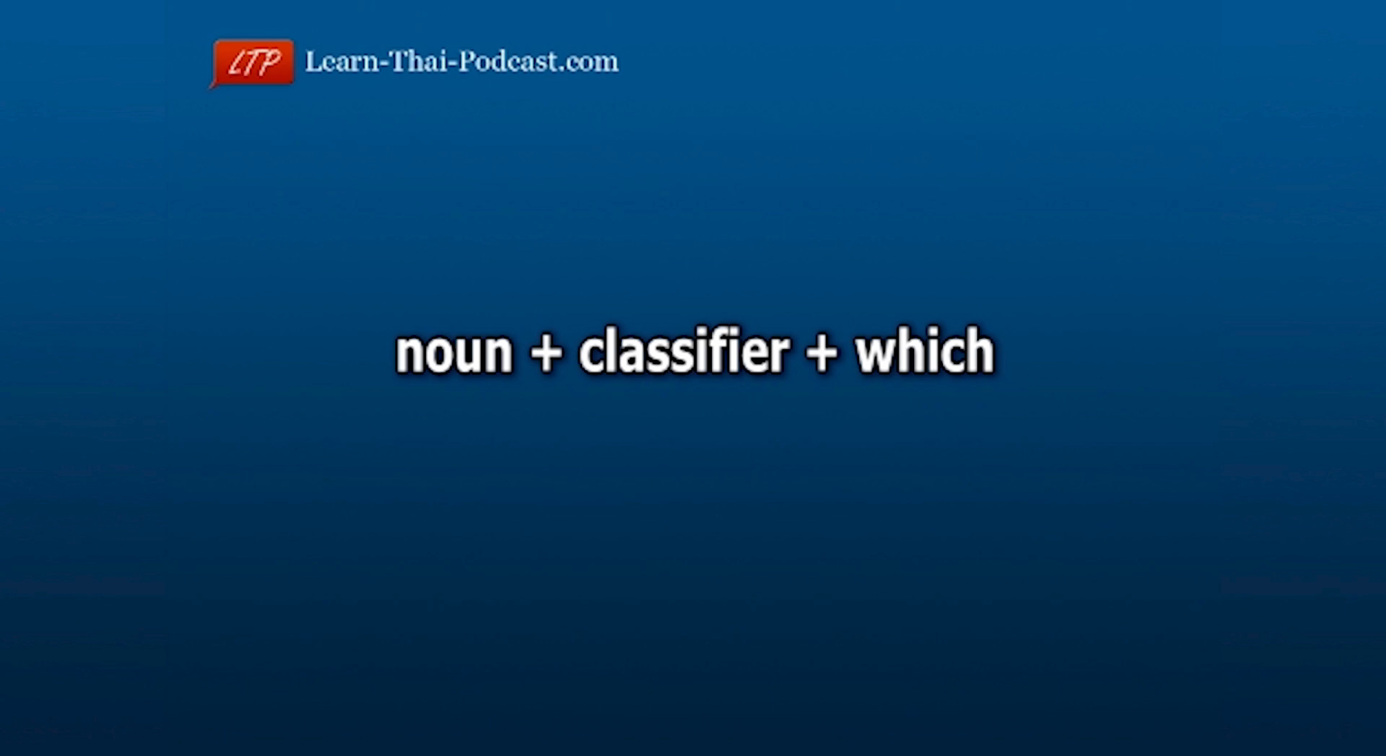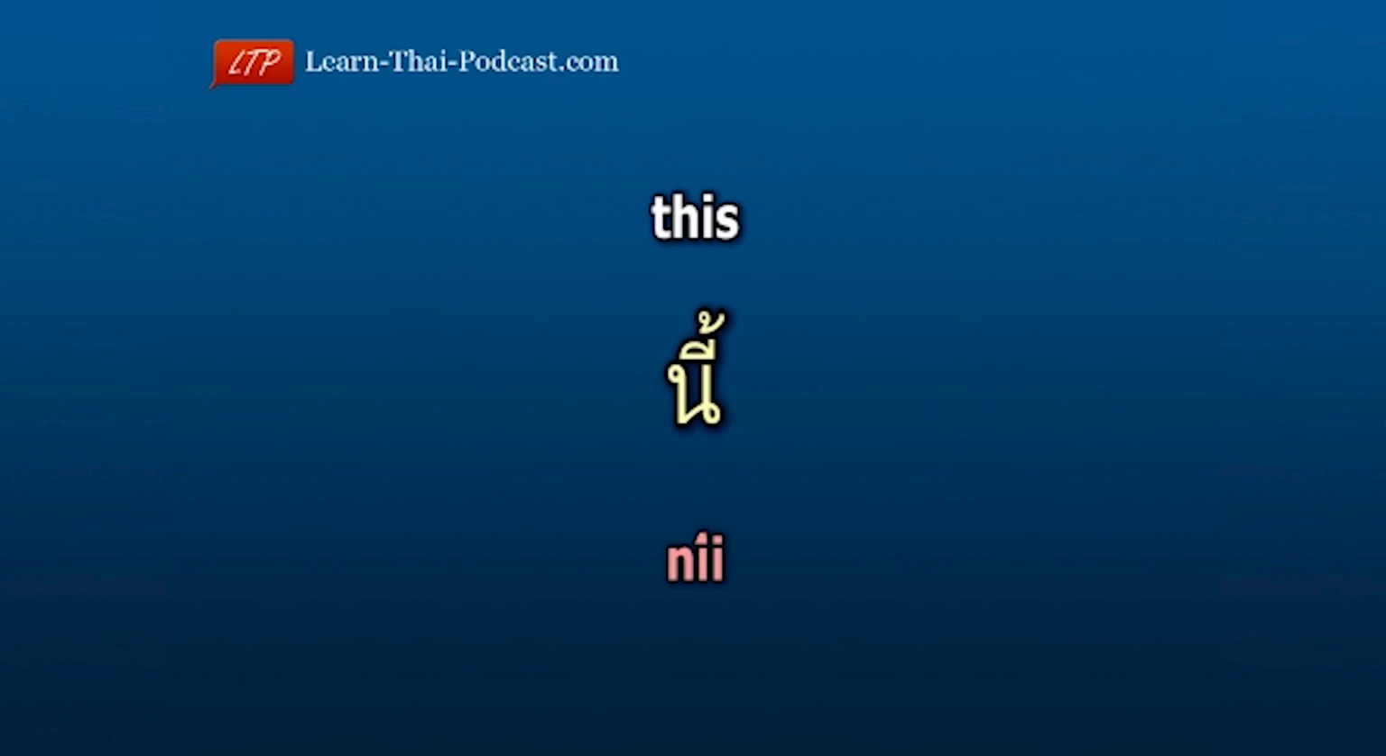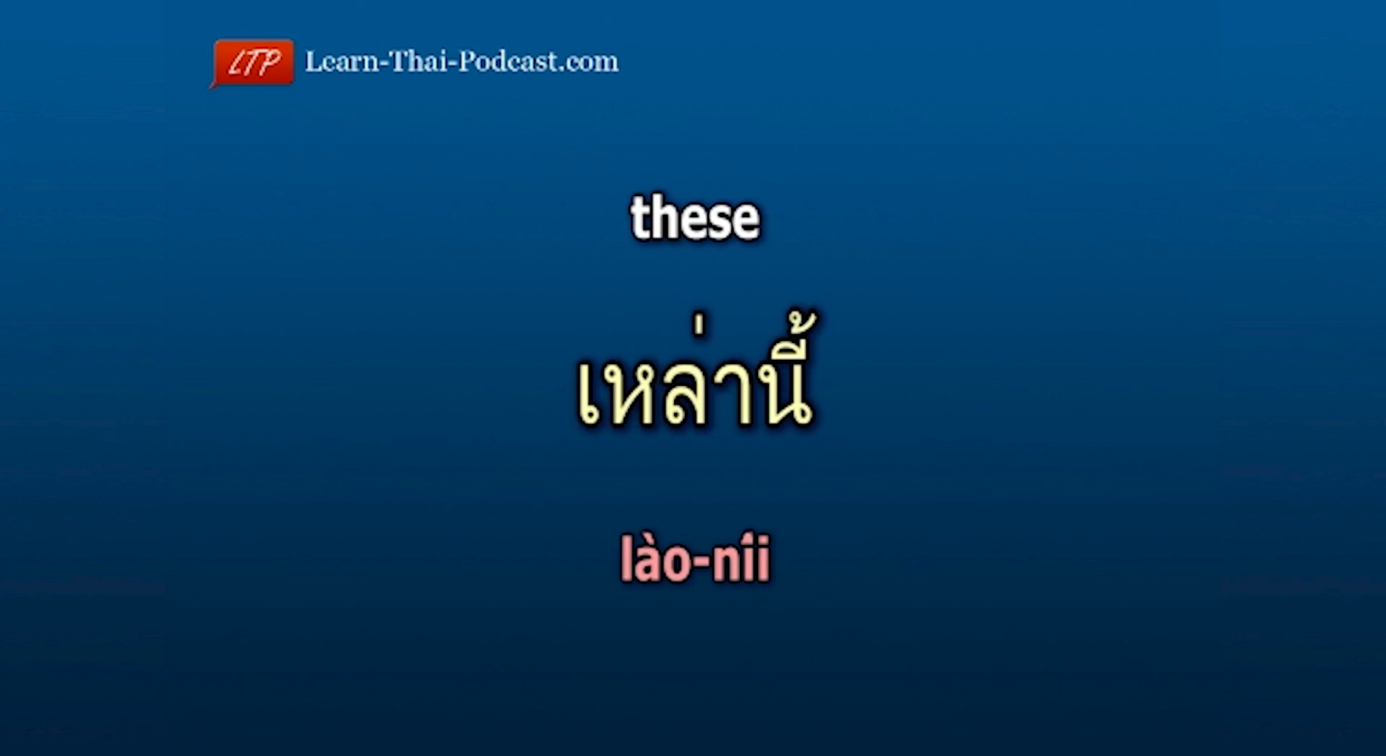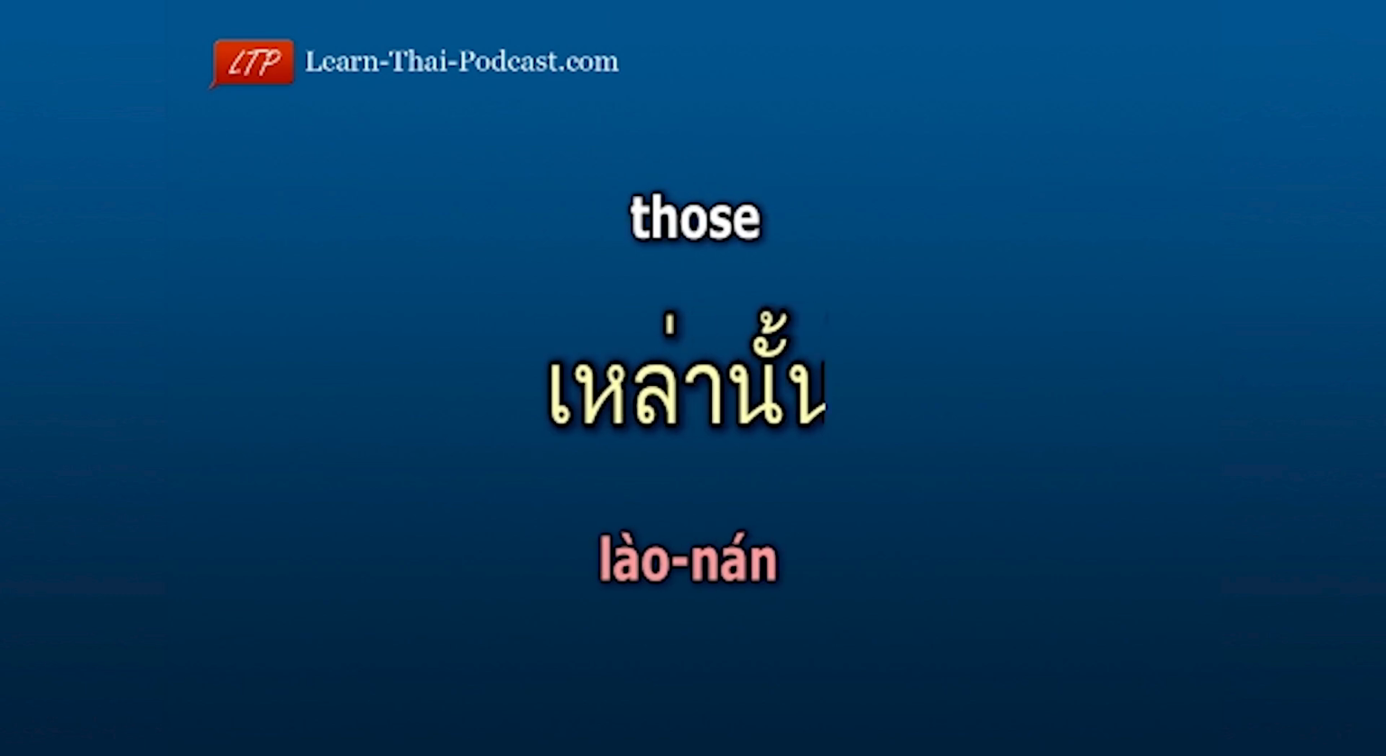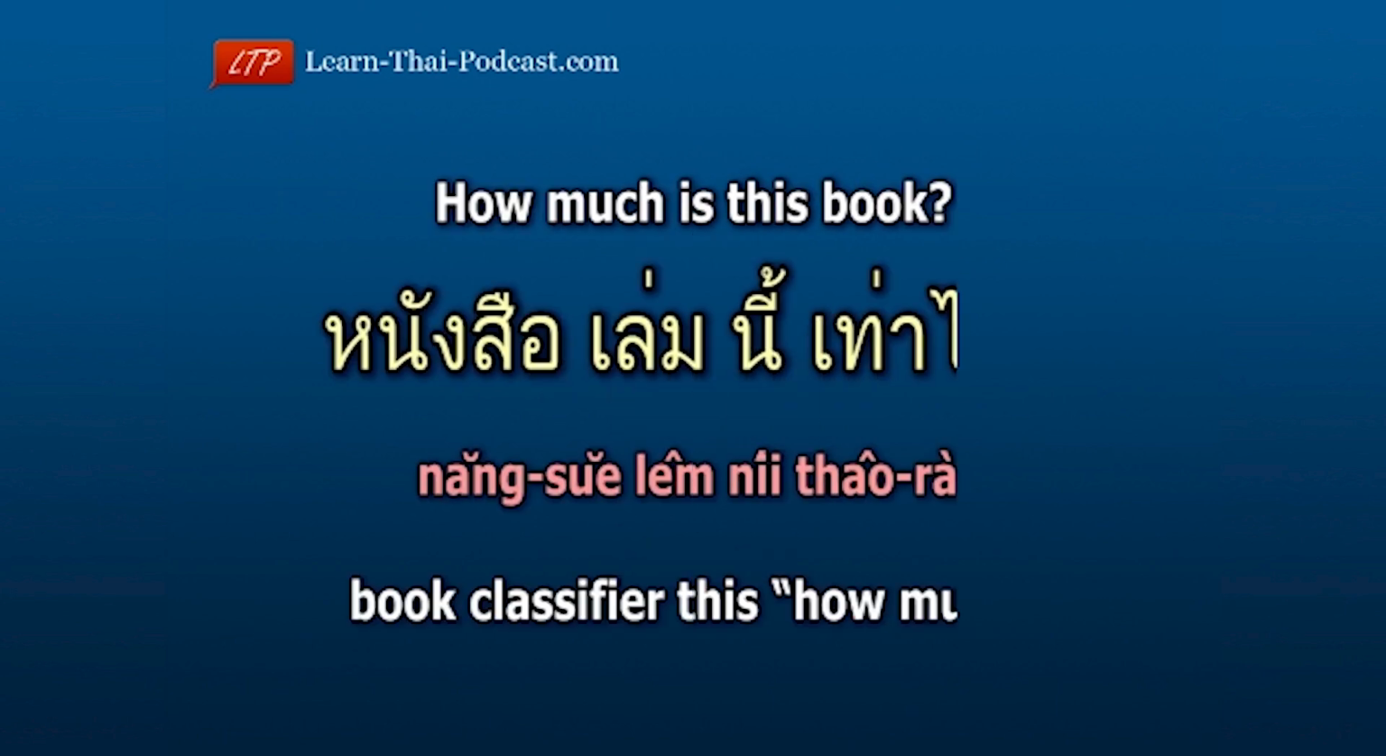There are also 4 demonstrative words that are commonly used with classifiers in Thai. This, นี้ that, นั้น these, เหล่านี้ and those. เหล่านั้น The most important for you are probably this and that, because these and those are usually not used in conversations and only in written Thai. Here's an example. How much is this book? หนังสือเล่มนี้เท่าไหร่